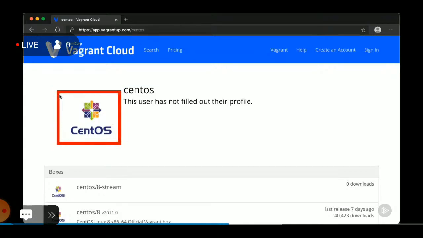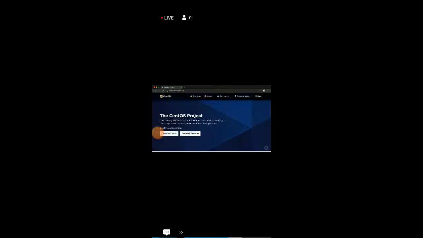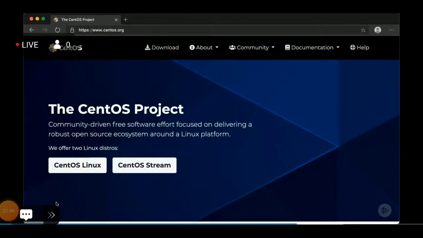Now don't assume that this is the official CentOS organization out on Vagrant Cloud. It possibly is. Whenever you're working with orgs and boxes on Vagrant Cloud or Docker Hub or anywhere, you really should make sure that you can trust them. In the case of CentOS, to verify that that organization is safe out on Vagrant Cloud, I can come out to the actual CentOS.org organization